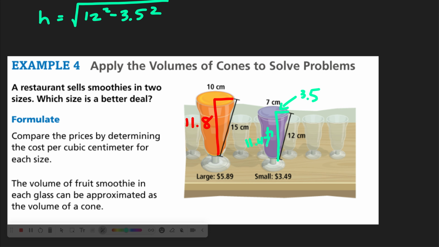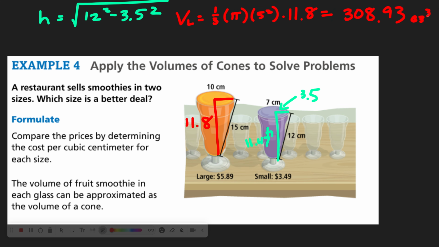The volume of the large one is going to be 1/3 times pi times 5 squared. Oh, that 5's being squared. Maybe I take that back. Times 11.8. So pi times 25 times 11.8 divided by 3. So you get 308.93